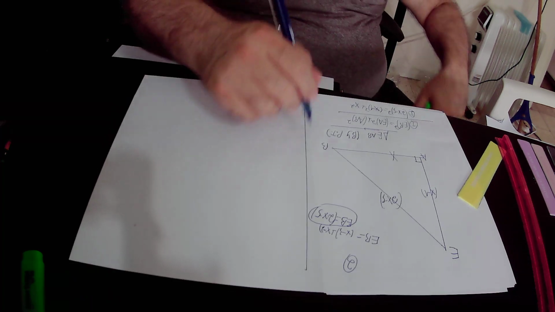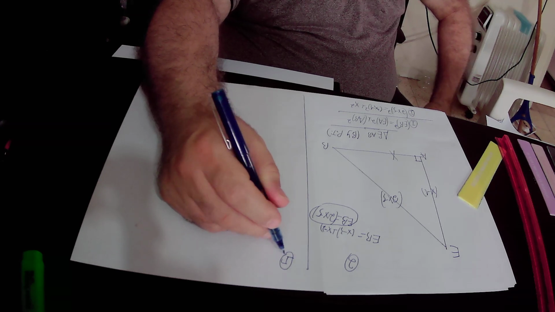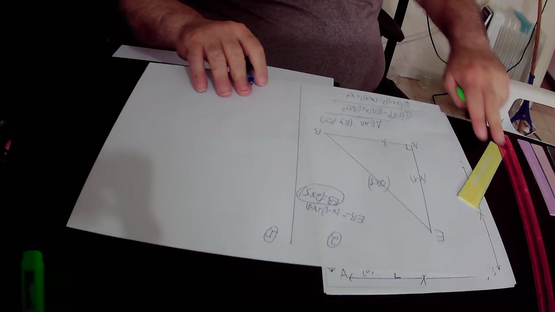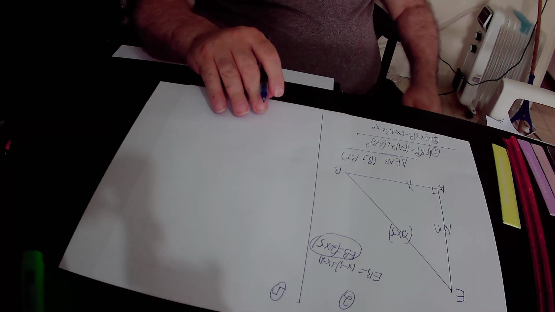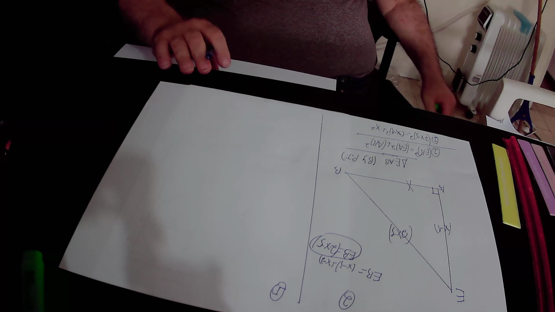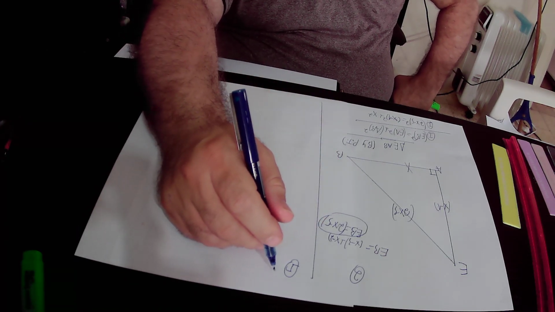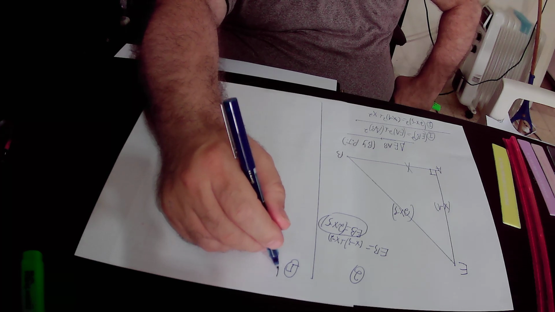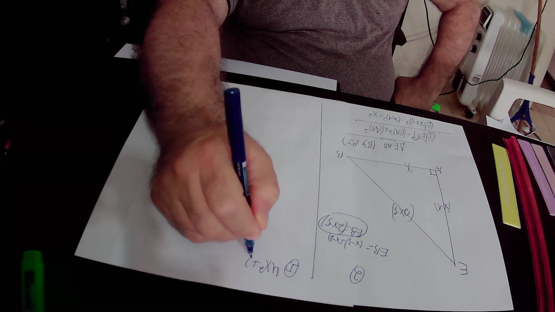Here we will open the brackets on both sides of equation number 1. According to the algebraic identity that a minus b square equals a square plus b square minus 2 times ab, 2x minus 5 square equals 2x square, that is 4x square, minus 5 square, that is 25,